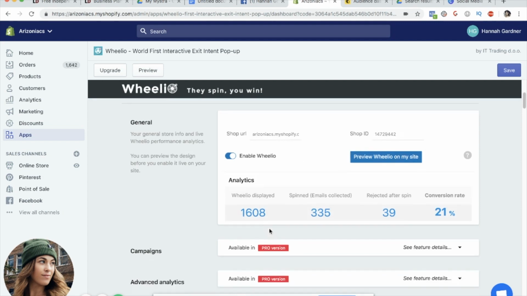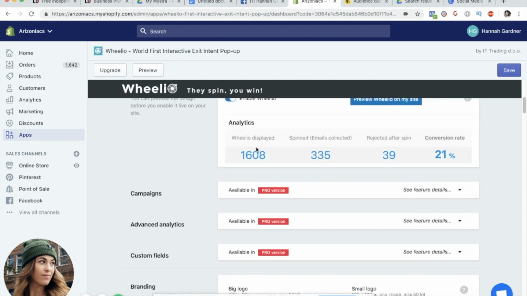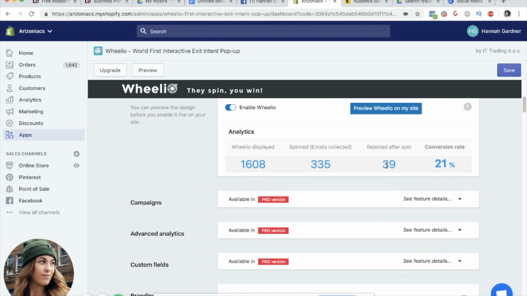The wheel has been displayed to 1,600 people and over 335 emails collected. So remember, just because you have a bunch of people going to your website, that doesn't mean that they're actually going to buy from you. But what Wheelio does, it actually saves people from just leaving without you gathering their contact information. So out of these 335 people that we collected their emails, 21% of those people actually bought after they spun